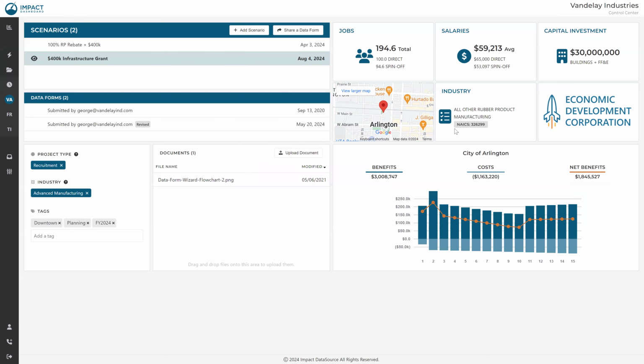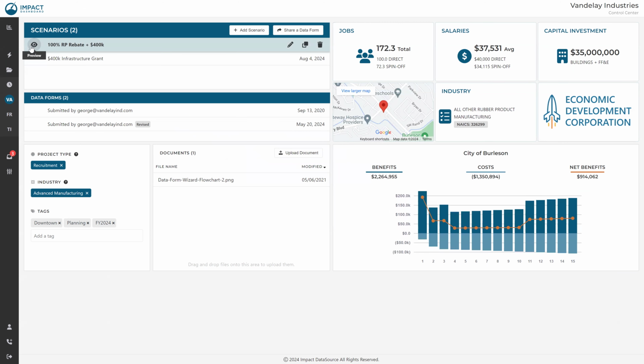And what I'm showing on this screen is the idea that we can create multiple scenarios to evaluate different types of projects. And so we can see here, we're previewing the one that we were most recently looking at. We can also see some of these other incentives or other scenarios. Now, the other thing that we see on this screen is the data form, and this is actually how we're going to get the information into the model to begin with. So we've received 2 different data forms. One is the initial one, and then one that was revised,